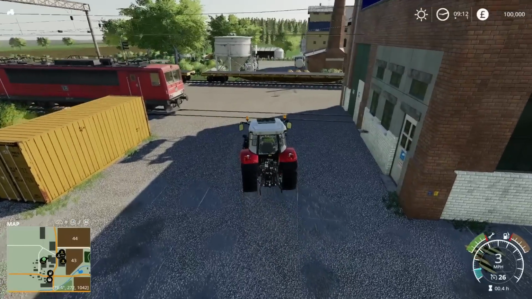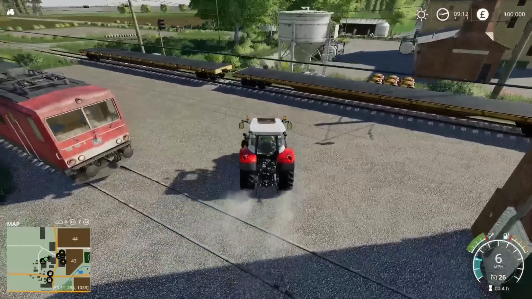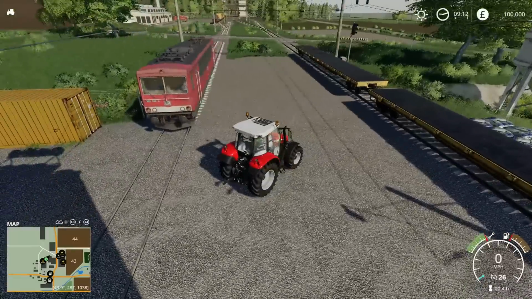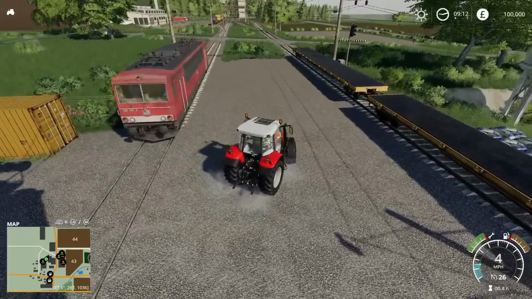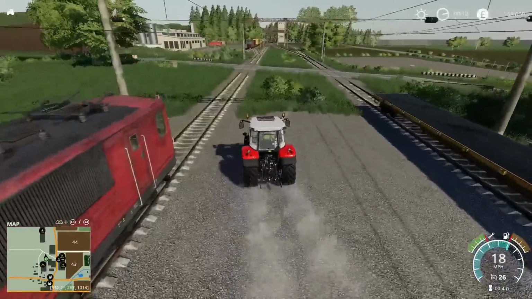It was FS15, wasn't it? On Sosnovka and... was it Westbridge Hills? I'm trying to think. Mine's gone blank. Was that the thing where you loaded the train up and then you pulled the lever and the train went off? It was a small thing, but I kind of...